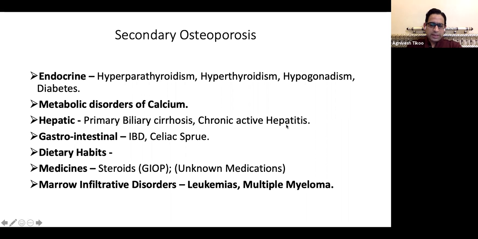Primary biliary cirrhosis and hepatitis all lead to osteoporosis. Inflammatory bowel disease and celiac disease too, because of malabsorption, lead to osteoporosis. Medicine: steroids are a known cause, and the term used for this is glucocorticoid-induced osteoporosis. So GIOP is the term we use for osteoporosis because of steroids. And any marrow infiltrative disorder which replaces the normal bone marrow with tumor tissue, like leukemia, multiple myeloma, with